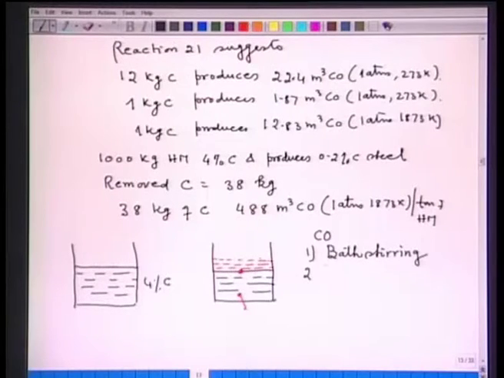Another thing, as the CO exits through the slag, it will also provide stirring in the slag. So, what are the advantages associated with the stirring of the slag? Suppose you have made a slag and you want to add something for the dissolution in the slag, then because of the good stirring, it will try to eliminate the gradient, and hence dissolution rate will be faster. So, these are some of the advantages of the C plus O is equal to CO reaction, but at